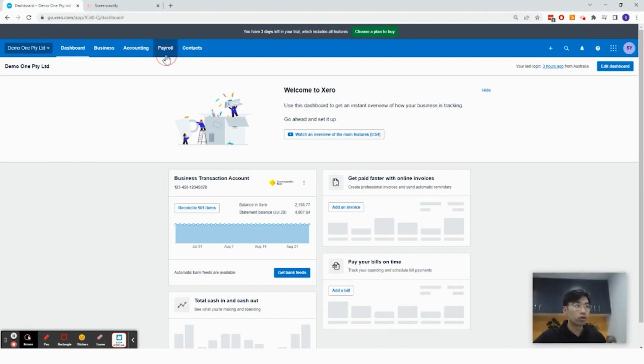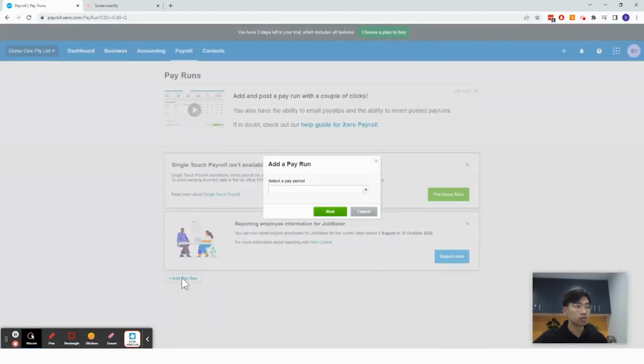So click on payroll, click on pay employees, and click on add Payrun. Here you can select the pay period, and you can see these are the calendars that you have set up before in your pay calendar. I have set up 2 different pay calendars in the previous videos, called monthly and monthly 2, and therefore they appeared. So if you click on this, then click on next,